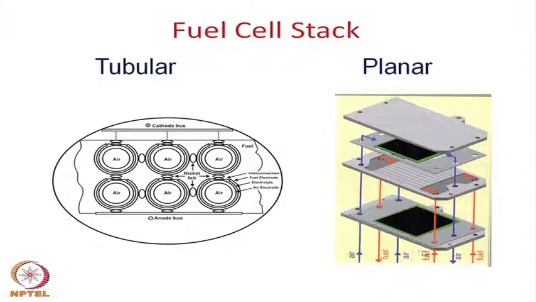So, that is one thing. The other thing is, this is your interconnect. I have shown you earlier that there are grooves on both the sides. This is one kind of groove, and below also there will be another groove. That groove may be crosswise or in parallel grooves, but on one side the fuel passes through the grooves,